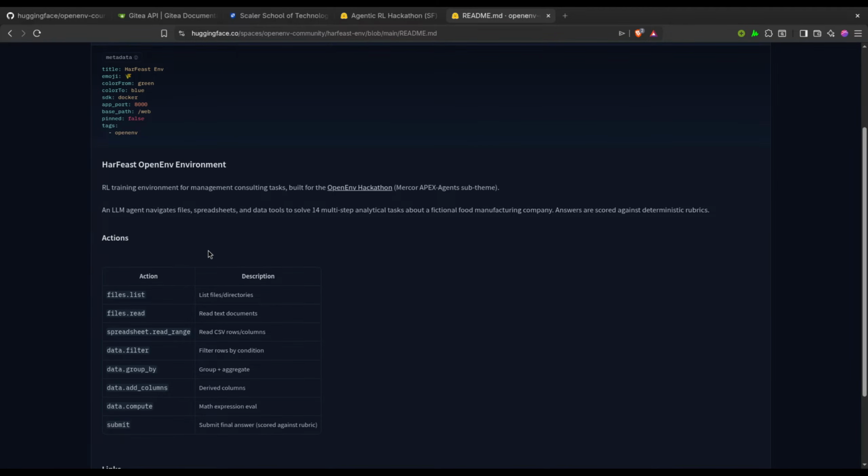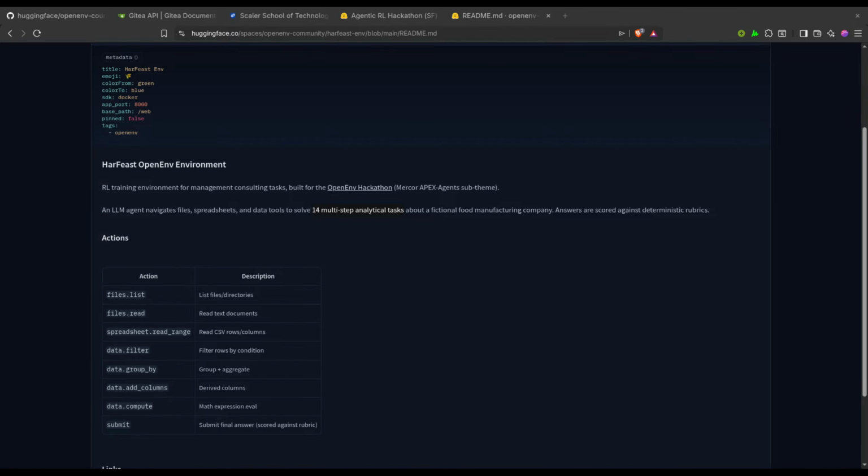An environment for management and consulting tasks, built for OpenEnv, Mercor theme, an LLM agent like this, and data to solve 14 multi-step analytic tasks. That is a good thing.